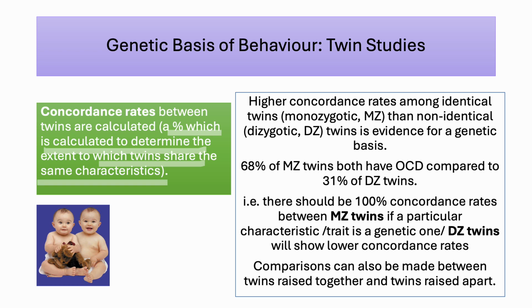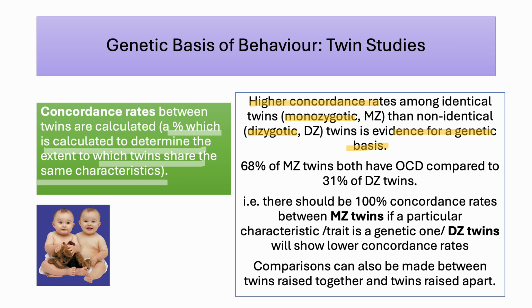So when we say twins here, we are talking about comparing monozygotic twins with 100% of the same DNA to dizygotic twins with only 50% of the same DNA. So you would expect concordance rates to reveal, if something is biological, higher concordance rates amongst identical monozygotic twins compared to dizygotic twins, because that would provide evidence for a genetic basis. If both identical twins experience depression or OCD in this example, then that would suggest there is a genetic element, compared to if only one of the dizygotic twins had it. That would suggest there's less of a role of genetics because they only have 50% of their genes.